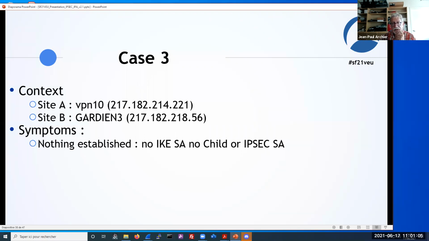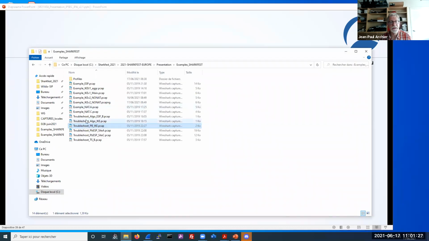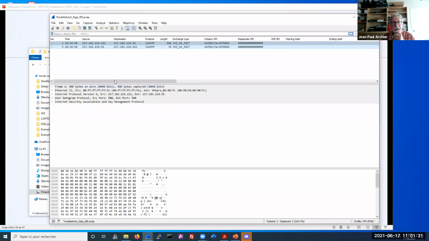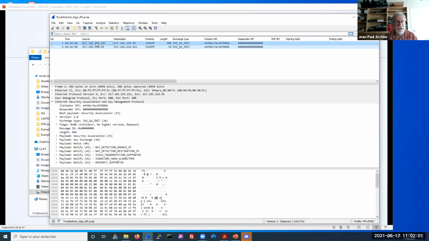In case 3, it's rather similar. Nothing established, apparently. But if we open the relative capture file, we can see that the exchanges are very short in this case. And if we deploy the packets, since packet 1 and packet 2 are unencrypted, we can see what we are looking for. In this case, after the request coming from site A, site B or site C, to be more precise,